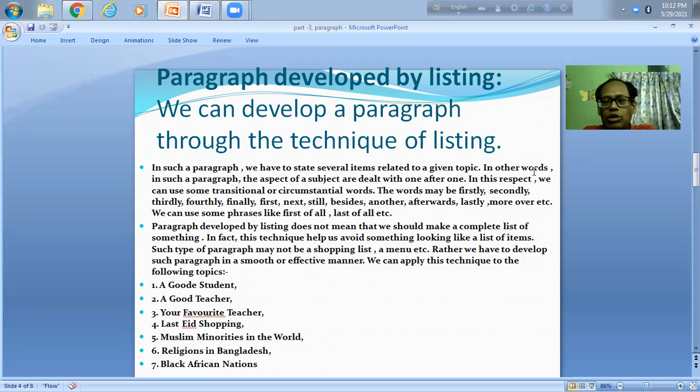ঠিক তেমনিভাবে রিলিজিয়ন্স ইন বাংলাদেশ আমরা এখানে বলতে পারি আমাদের সংখ্যাগরিষ্ঠ লোকের ধর্ম মুসলমান। তারপরে সেকেন্ড পজিশনে আছে হিন্দু ধর্ম, থার্ড পজিশনে বুদ্ধ ধর্ম, ফোর্থ পজিশনে খ্রিস্টান ধর্ম। তারপরে আমাদের উপজাতি আছে, মগ, চাকমা, মুরং, সাঁওতাল, মণিপুরি, তাদের আবার নিজস্ব ধর্ম আছে, সেগুলো আমরা পরপর বর্ণনা করতে পারি। তো যাই হোক, এমনি ভাবে ব্ল্যাক আফ্রিকান নেশন যদি বলি, আফ্রিকার কোন কোন নেশনগুলোর মধ্যে ব্ল্যাকদের সংখ্যা বেশি বা প্রাধান্য আছে, সেভাবে আমরা সেটাকে লিস্ট করতে পারি। তাহলে এটাই হচ্ছে আমাদের লিস্টিং প্যারাগ্রাফ।